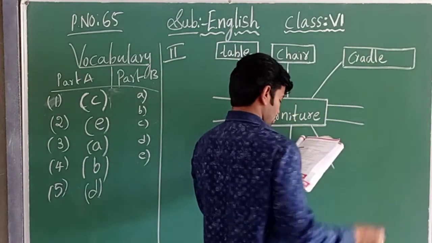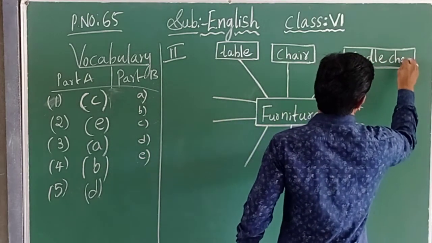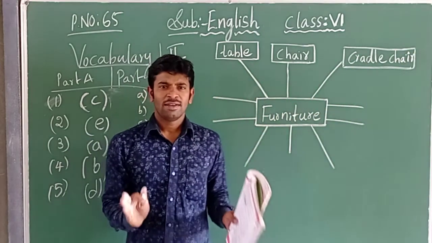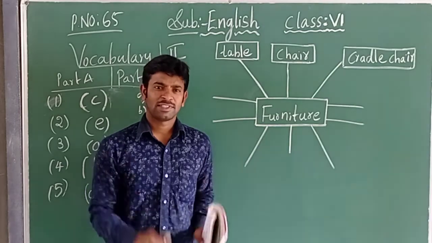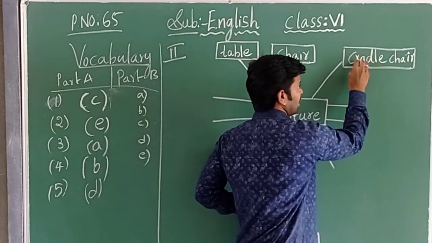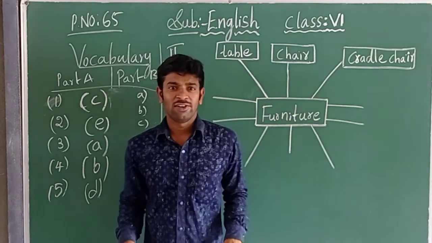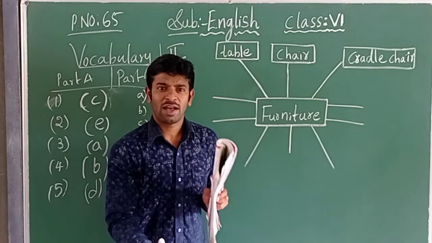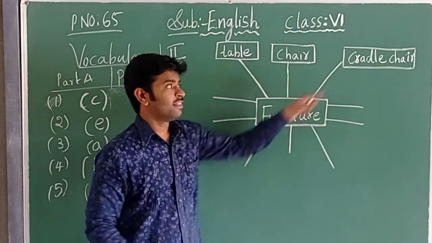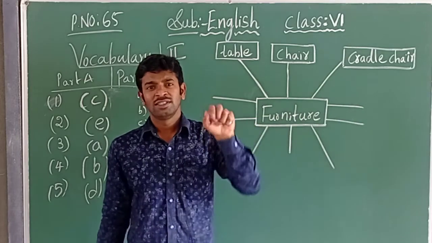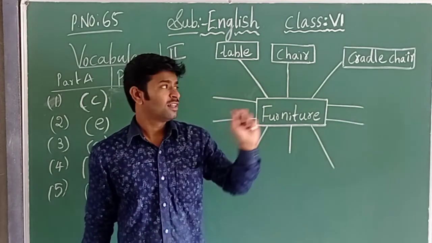C-R-A-D-L-E. Cradle chair. You know, children, cradle chair. Chairs are normally placed at one place and the person sits. This cradle chair is nothing but a C-R-A-D-L-E. Cradle. You know cradle? Uyala, you will know. So the chair, how is it moving? It is moving forward, backward, forward, backward. So that chair is called the cradle chair. It is moving like a swing. Yes or no? So that is the cradle chair.